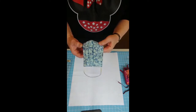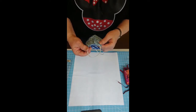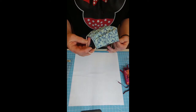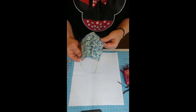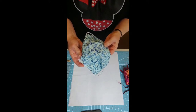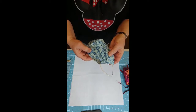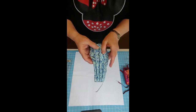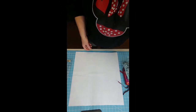This style with the loops for behind the ear gives plenty of facial coverage. It won't fit over an N95. But it is very comfortable to wear, and it does give adequate protection for doing procedures in the in-home setting for nurses and caregivers. The first thing we're going to do is we're going to cut our